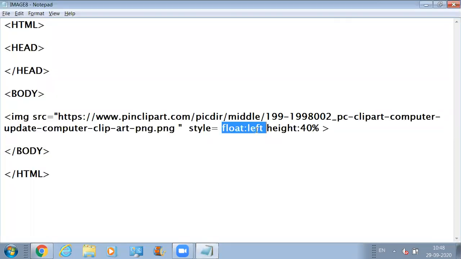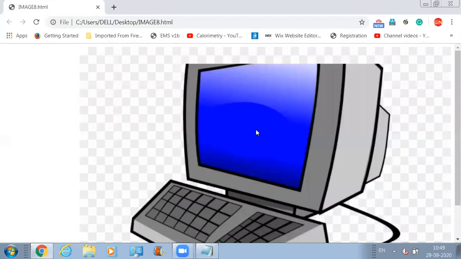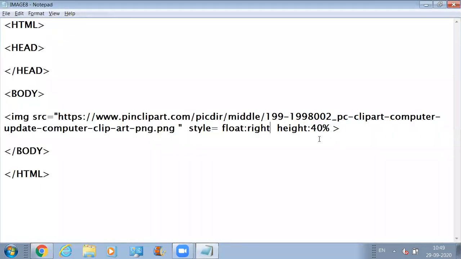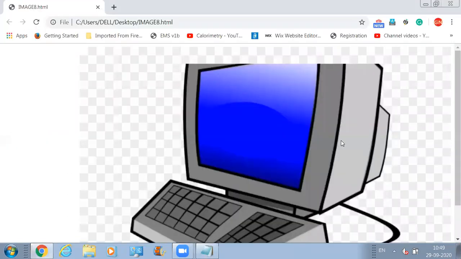Sorry, let's pass right for now for this attribute, because the image is already on the left hand side. So if you want to make the image float on the right side of the browser's window, you can do it like this. Fine. Sir, we have not put the semicolon. Sorry, I'm not able to hear you. Okay, you're saying that we have not put the semicolon. Yeah, we need to put the semicolon also. That's right. So this is how you're going to get this image on the right side.